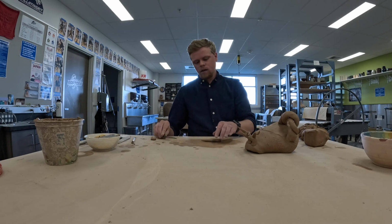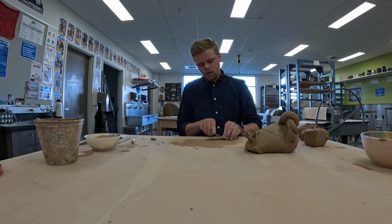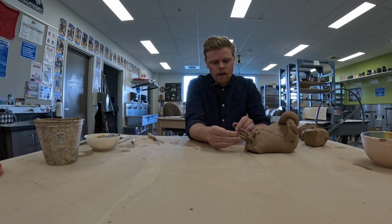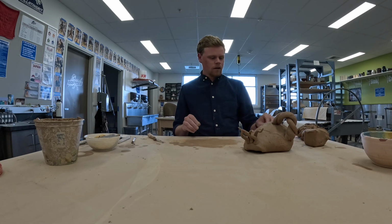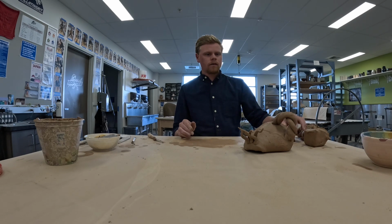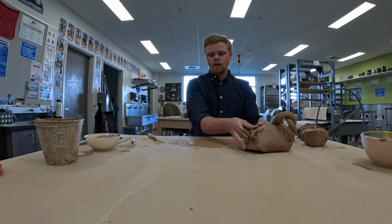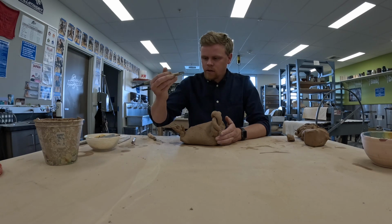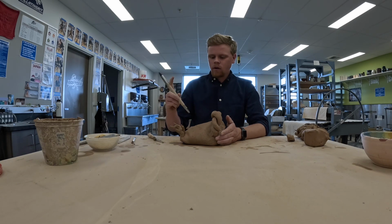And if I had as much time as you guys do, I'd spend a whole period just creating one texture and making it look really good and interesting, something like this, but more detailed. A couple other things that you guys could do is you could take away and add space. A tool like this you could use to draw or create